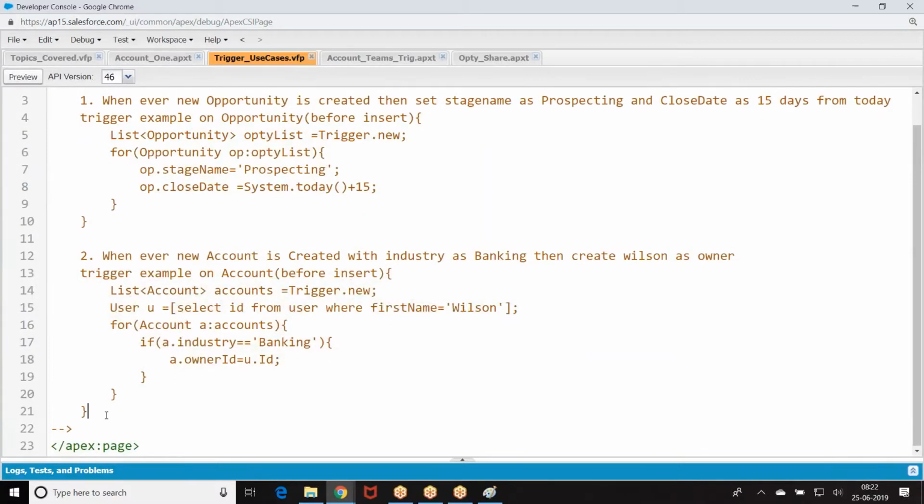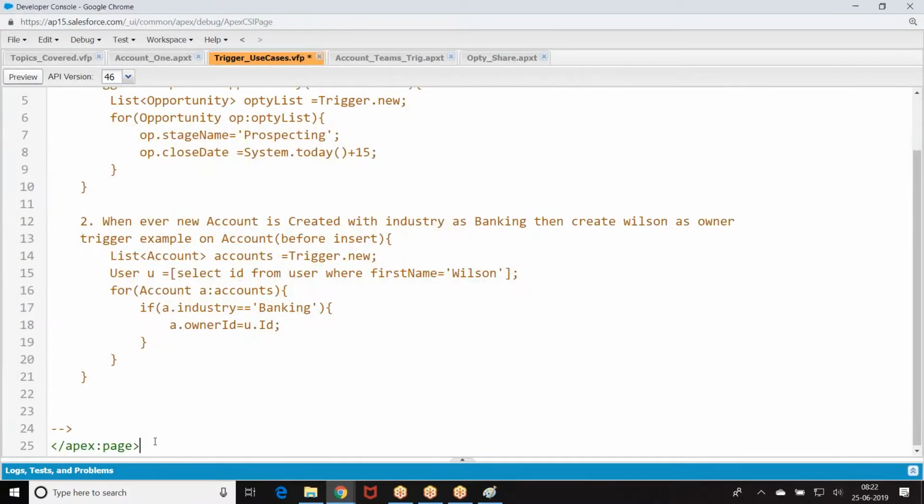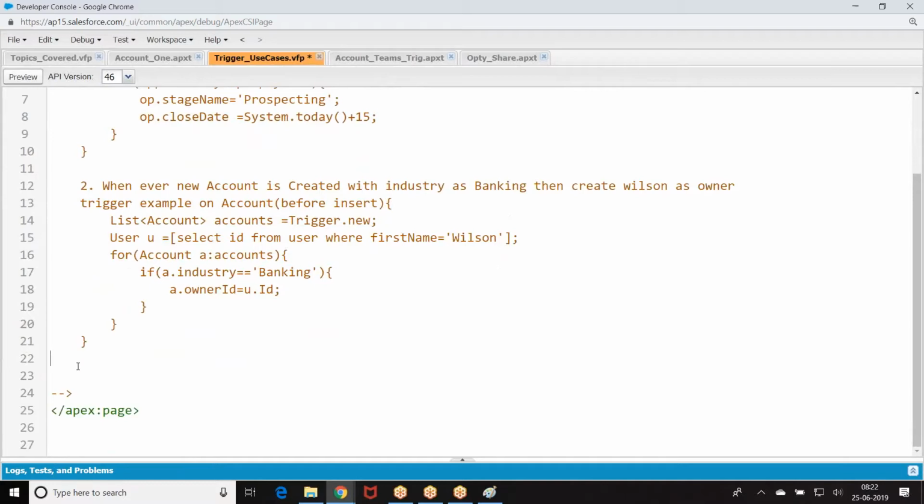Start building these examples, everyone. Let us start with the basic examples. New opportunity.